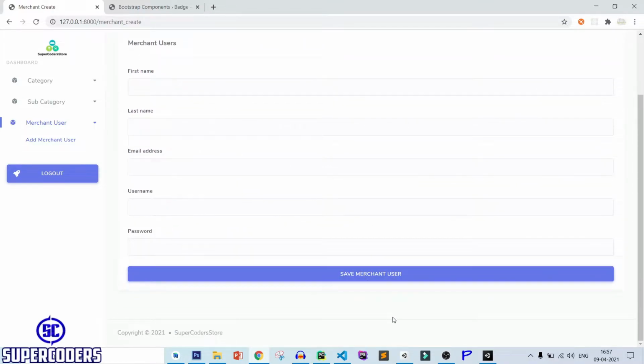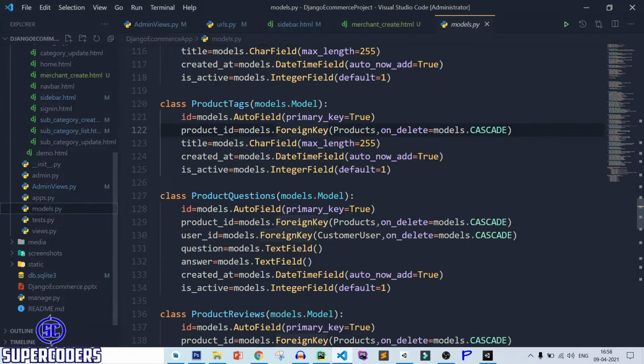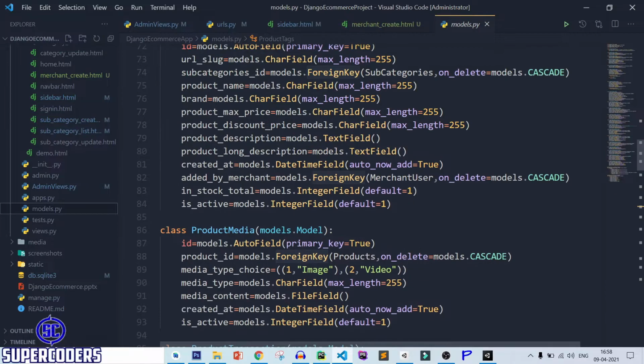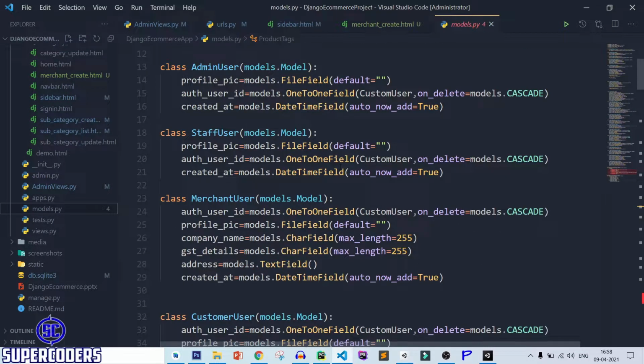So let's see what are the fields in MerchantUser. So open models.py, and here you can see MerchantUser, it contains profile pic, company name, GST detail, address.